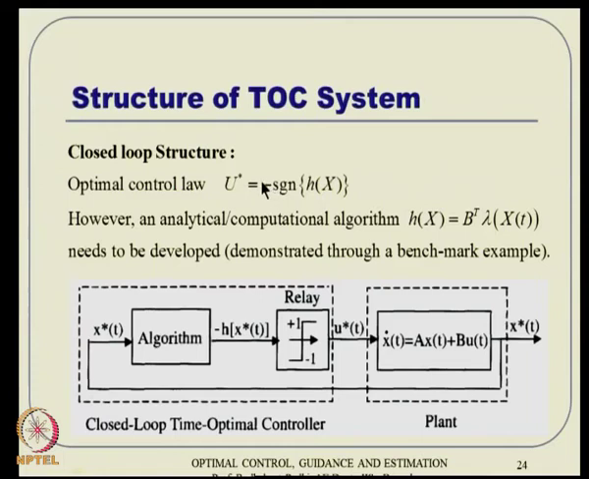Alright. So, for any analytical and computational algorithm, essentially we are talking about this kind of a structure where we know that h of x is nothing but b times lambda, but what you are looking for is lambda as a function of x, where x itself is time varying depending on the system dynamics. So, essentially this function needs to be developed,